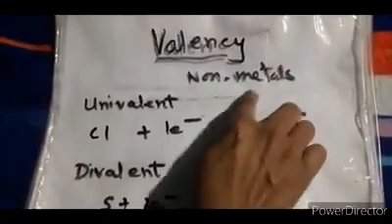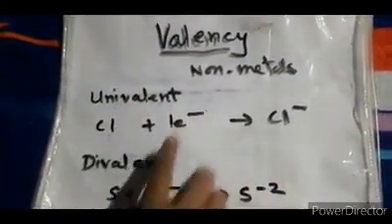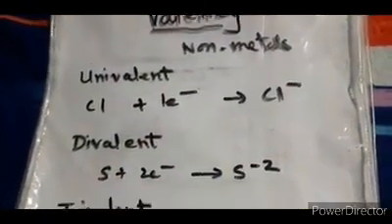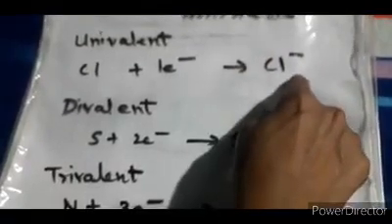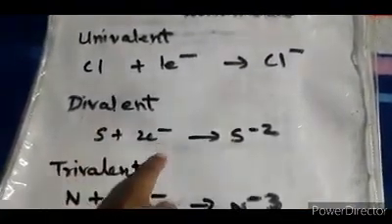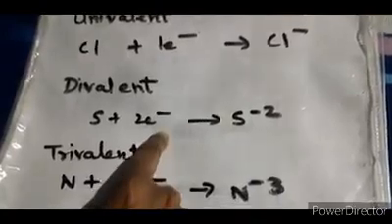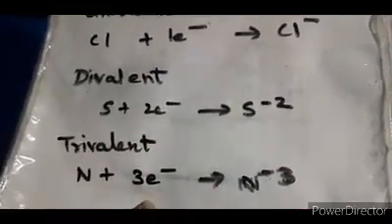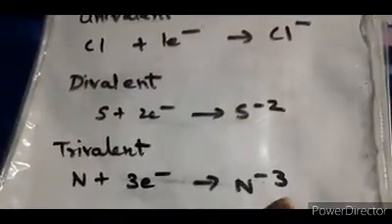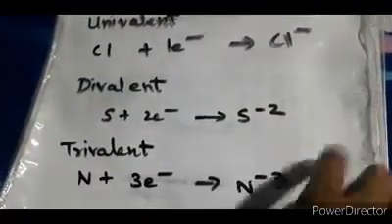Now we'll see the non-metals, and in non-metals also you get univalent, divalent and trivalent cases. In case of non-metals, they gain electrons. Over here, how many electrons has Cl gained? One electron. That's why it is acquiring a negative charge, one negative charge. Divalents will take how many electrons? 2, that's why minus 2. Over here trivalent means 3 electrons they will gain. So what is the charge present? Minus 3. This way their valencies are explained here.